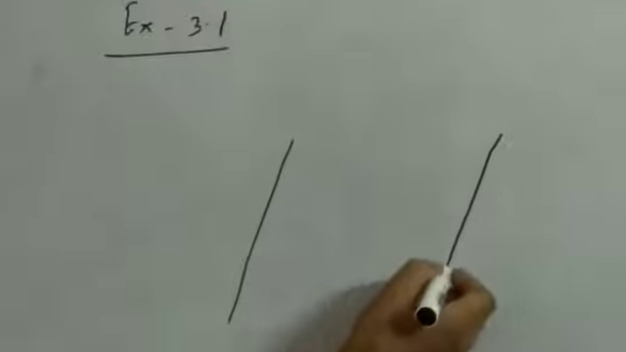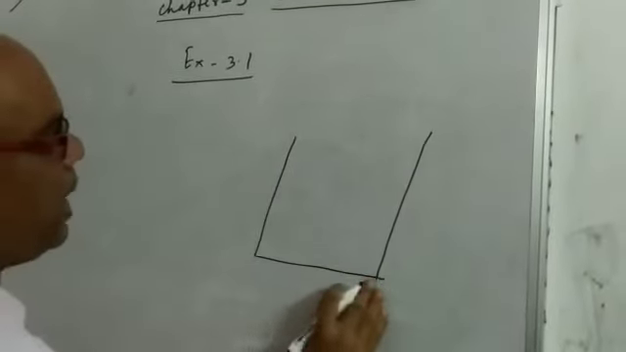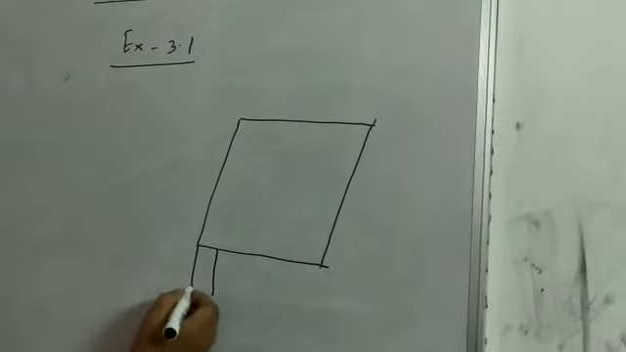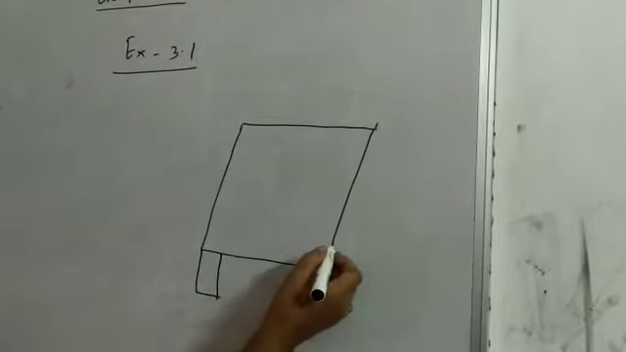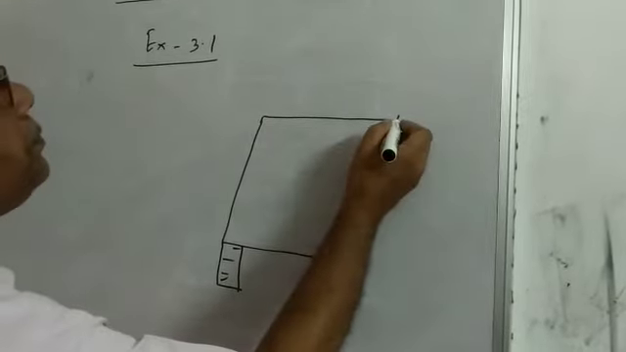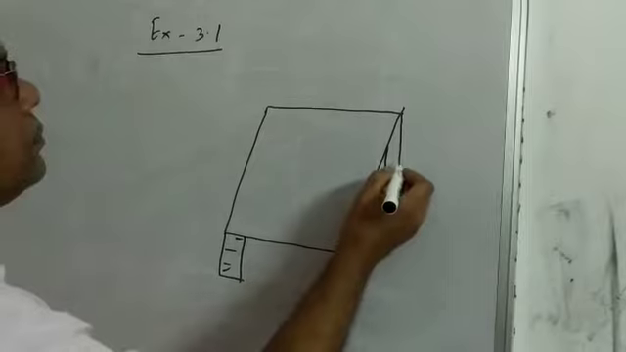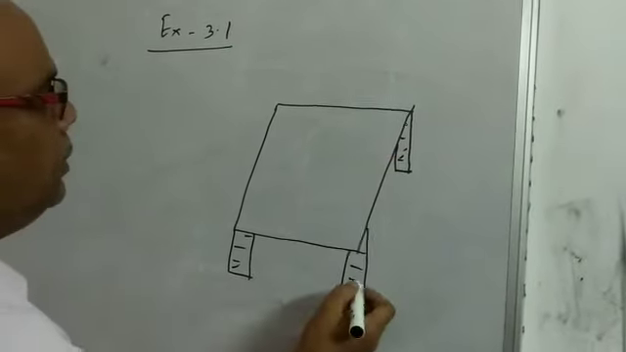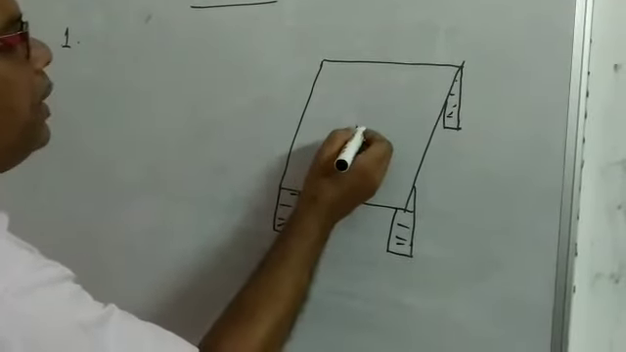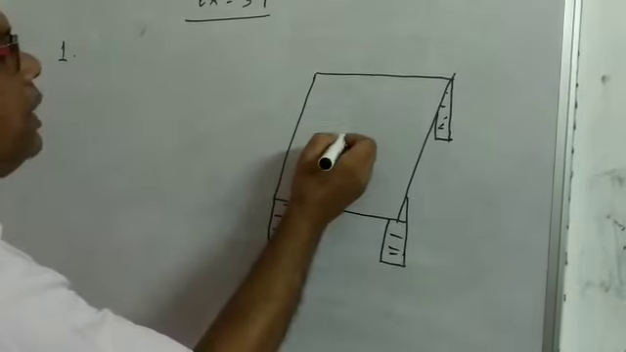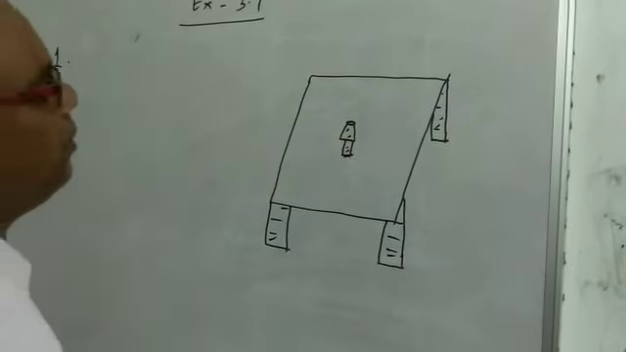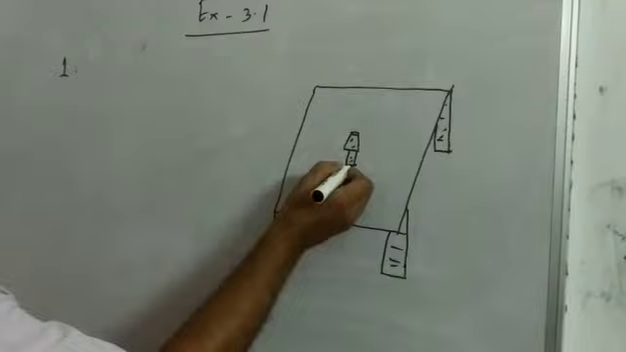Suppose I draw a table. So this is the plane upper surface of the table, and suppose here is the table lamp. So this is the position. Suppose this position